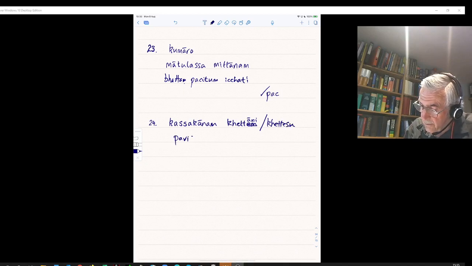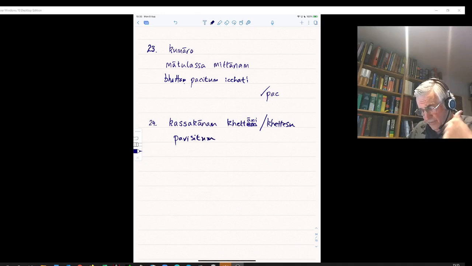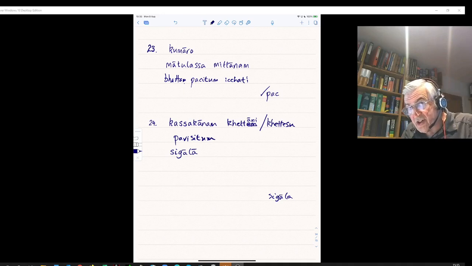Pavisitum. So in order to enter the farmer's fields, plural, kasakanam khettani or khettesu pavisitum. So in order to enter the farmer's fields, the jackals leave the forest. So sigala, the jackals, plural, sigala. In fact, our English word jackal, shrigala in Sanskrit, comes from that word. So sigala,